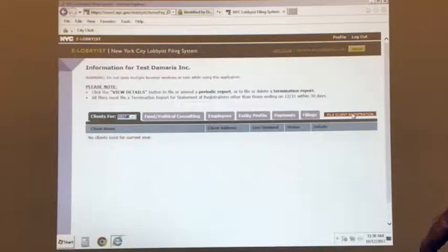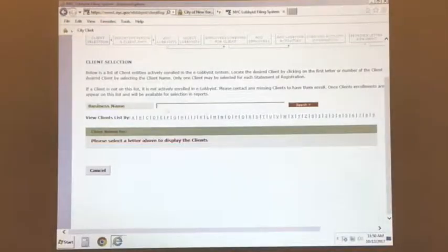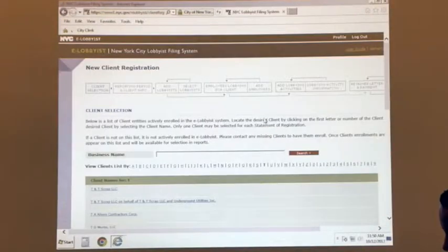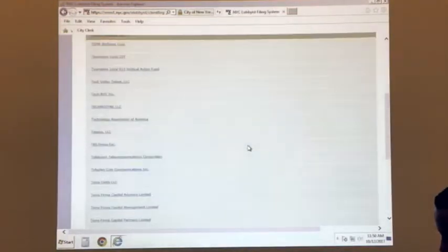The system confuses people, I think, because it's designed horizontally instead of vertically, and you have to select an affirmative step to go to the next action, which is counterintuitive and not how most things are set up. But just remember that it's horizontal, and you have to take an affirmative step to go to the next action. It won't take you there. So file client registration. Okay, here you can either type in the name or go to the alphabet. You're going to select your same company name. So I'm Testamaris, and I'm going to select and enter Testamaris.